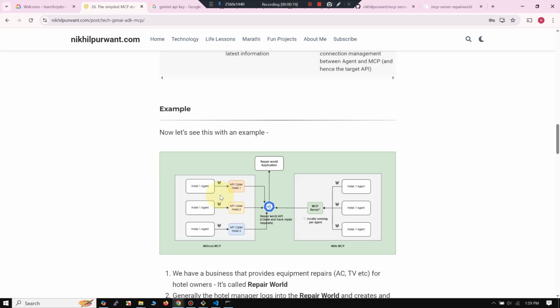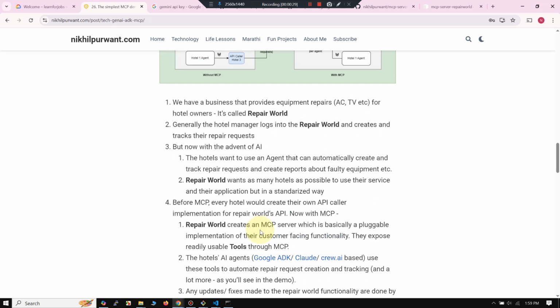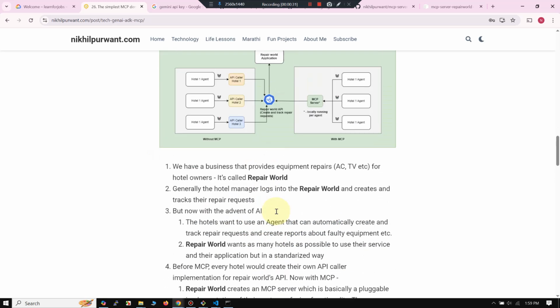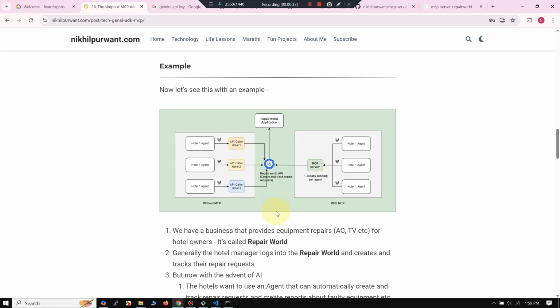Now we are actually going to do the demo in this video, and the demo is this one. We will talk about what this application is all about and how MCP applies here. There's a repair world application which accepts repair requests from different hotels. What we are showing in this demo is for this application,